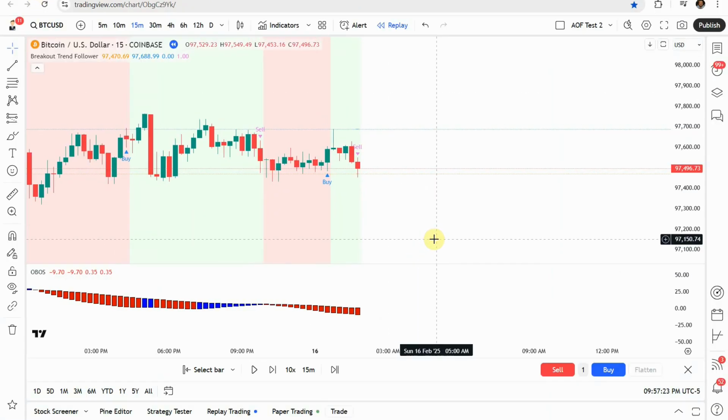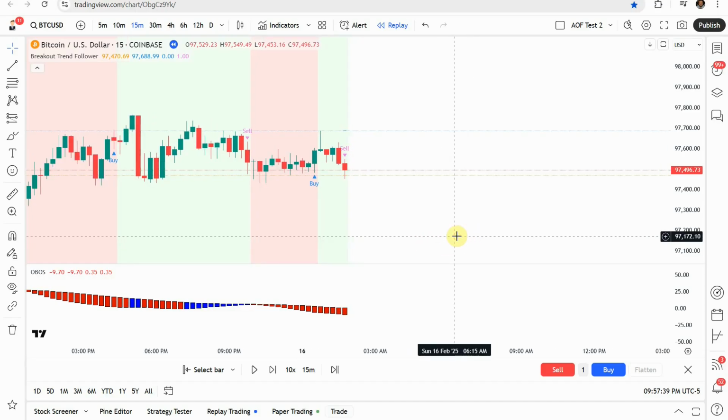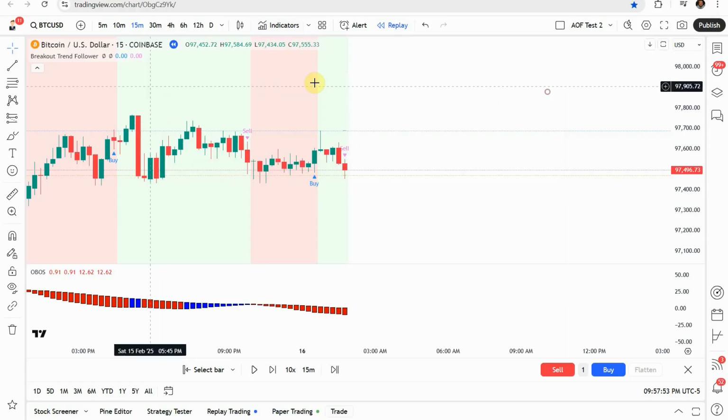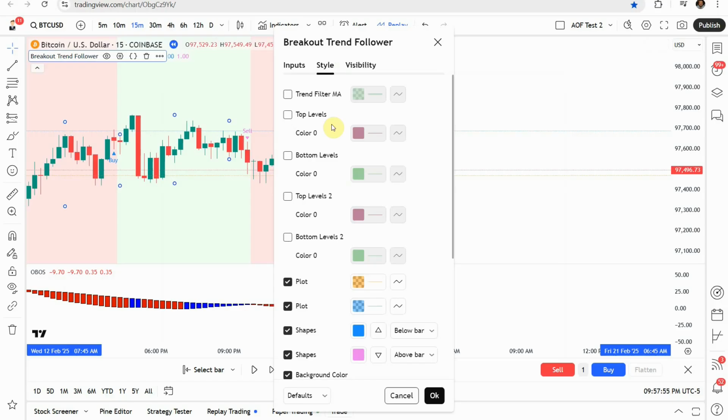Alright, as I said, today we will be testing a crypto scalping strategy. And so the source video says, find your next big trade with this breakout trend follower. And so of course we're going to put that to the test and see what we can get out of this strategy. And so the first indicator we are going to add to the screen is the breakout trend follower, just like the source video says. And it's going to be this one right here. Go ahead and click on that and add it to the screen, and we're going to jump into the settings,